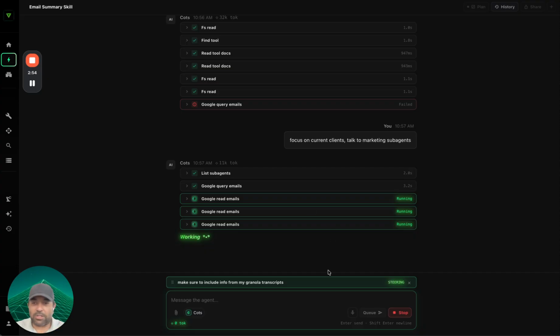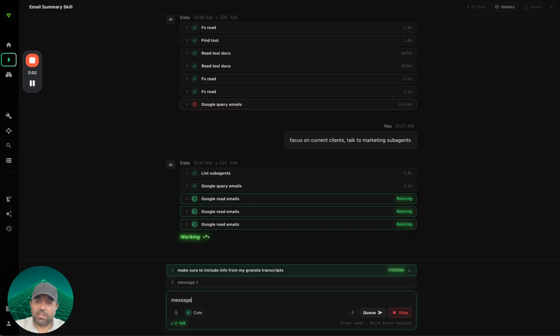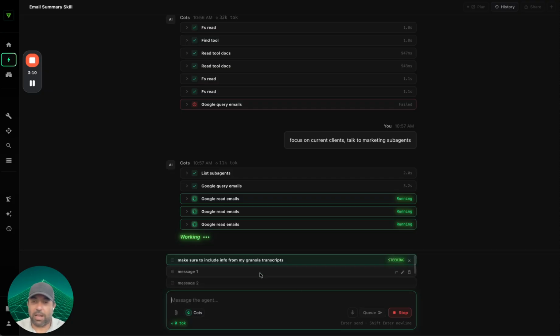This is right now waiting steering here. I'm going to add some other messages just to show you how the queue works. Message 1, message 2, message 3, message 4. So now the queue has a few messages in it, right? We can reorder these by dragging and dropping them, right? So now it'll execute this one, and then it'll execute this one and execute this one,